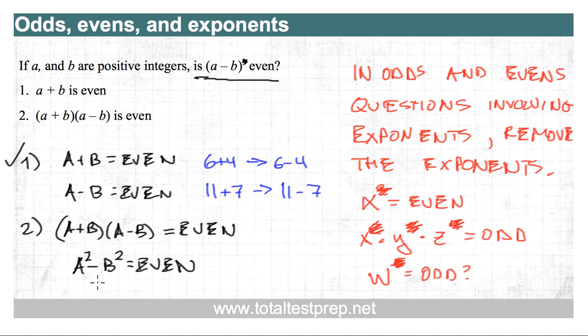And now when we're told that a squared minus b squared is even, we can go back to our rule and see that, okay, well, as for exponents, we can get rid of them. So if a squared minus b squared is even, that's the same as saying a minus b is even. That answers our question, and therefore statement 2 is also sufficient, and the answer is